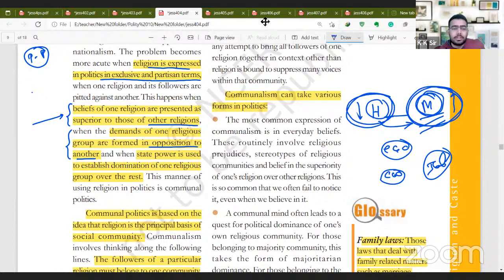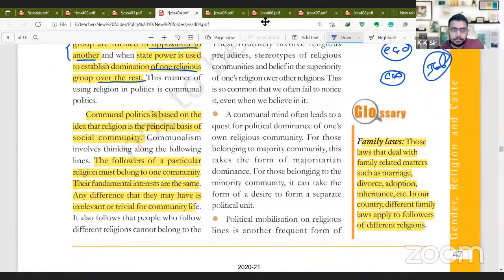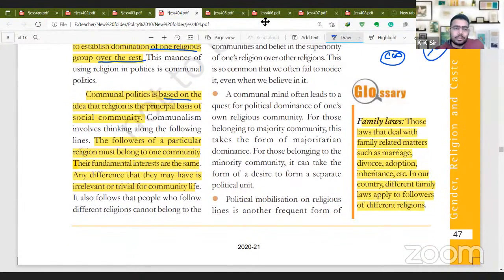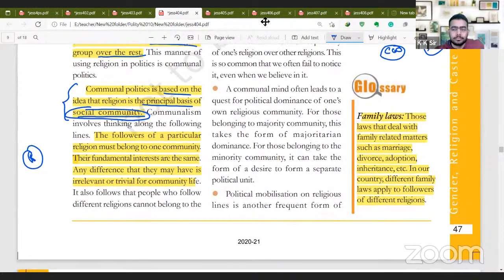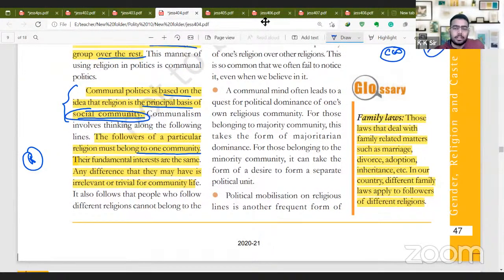Demands of one religious group are formed in opposition to the other, and the state power is used to establish the domination of one religious group over other. This is called communalization of politics. Communal politics is based on the idea that religion is the principal basis of social community. बहुत important line है. Those who believe in communal politics, not just in India, anywhere in the world, they believe that सोशल कम्युनिटी का जो बेसिक रूल है वो रिलीजन है, बेसिक फाउंडेशन रिलीजन है. द फॉलोअर्स ऑफ पार्टिकुलर रिलीजन मस्ट बिलोंग टू,